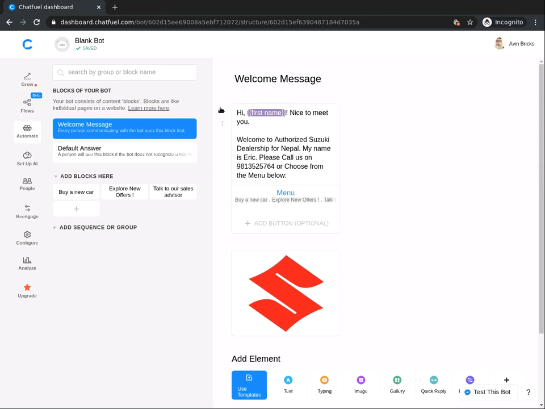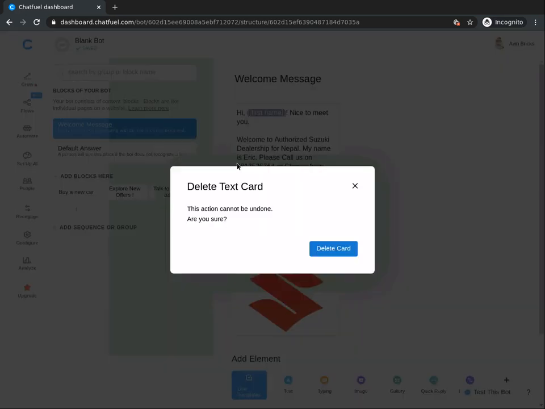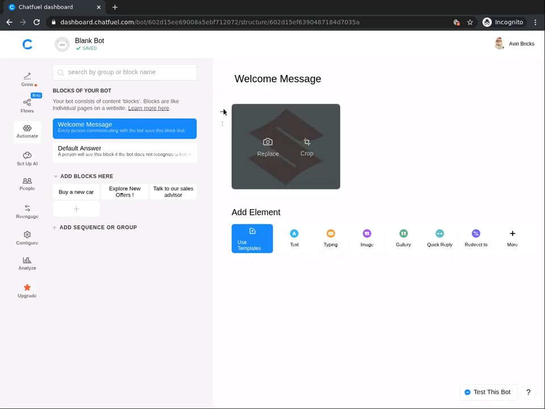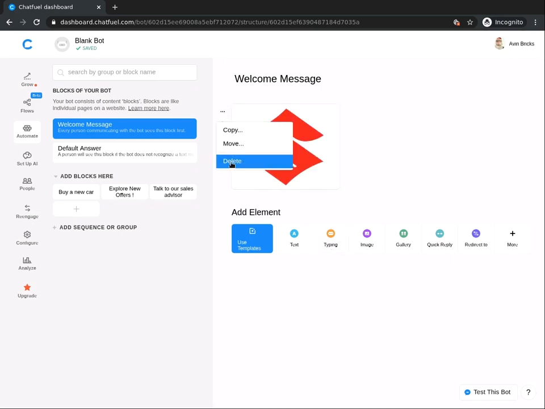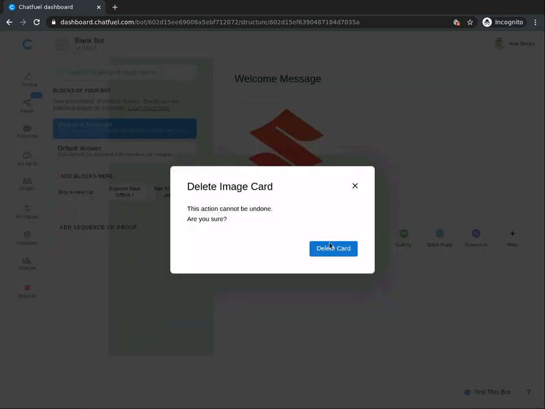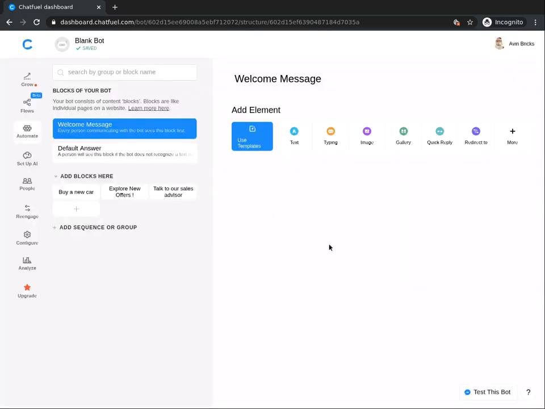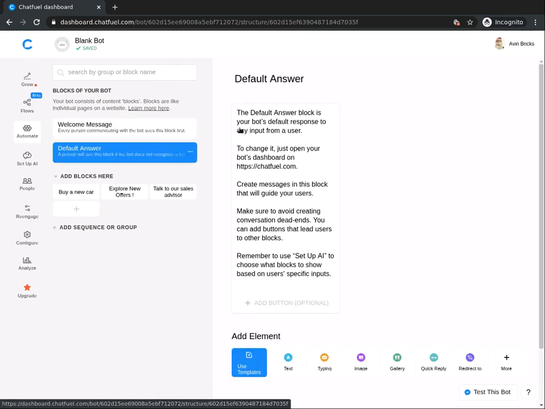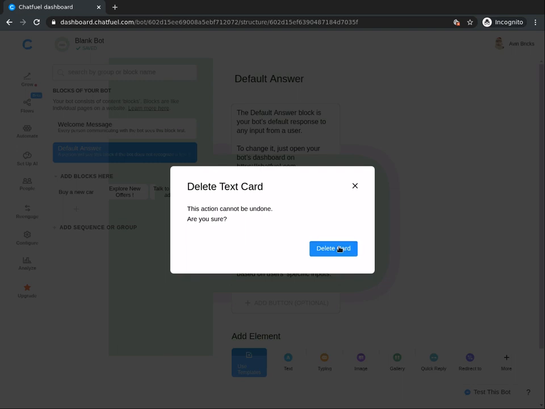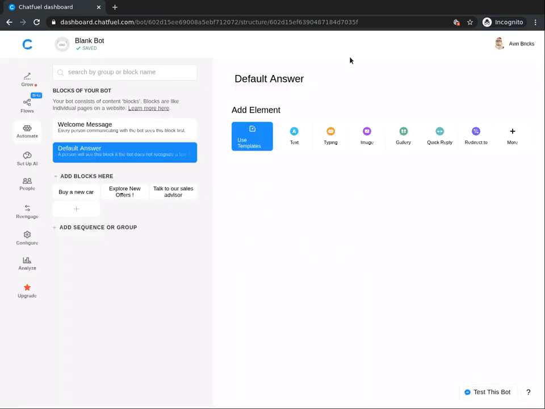So you can see an option over here, so please click on it and delete it, delete card, and delete card again, and you can see a default answer over here. We are going to delete this as well, delete, and delete card. So now we are going to redirect the user from automate tab to the flow tab,